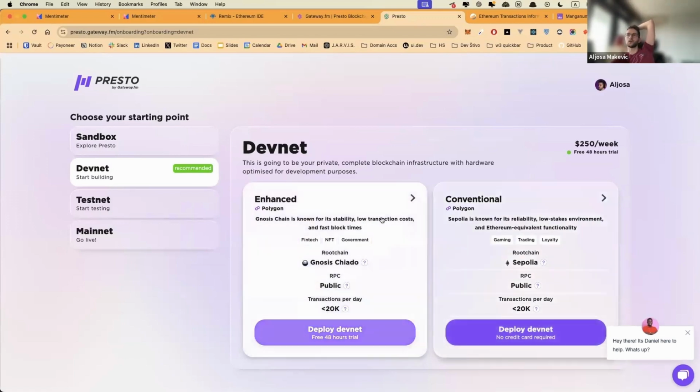But you can deploy different ones based on different things you need, just like we went through on that table, if you remember, with all the stats. What's the transaction fee? What's the transaction speed? What are the gas fees like? What's the general purpose of the chain? What is usually being built there? Is it for DeFi? Is it for gaming? And then you would pick a specific thing.